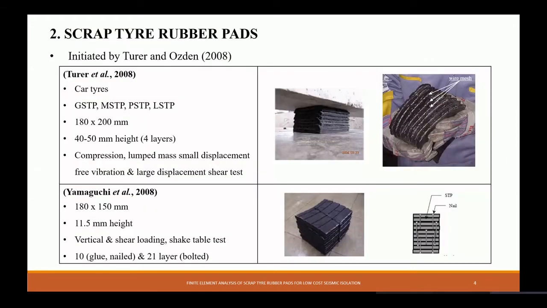This is what is shown for the application of rubber pads. Different people have come up with different types of designs. It could be simply rubber tires, multiple rubber tires just bonded to each other below a wall or plinth beam. It doesn't have to have shims, or it can be connected through nails. So different approaches have actually been adopted, and people have come up with different types of bearings.